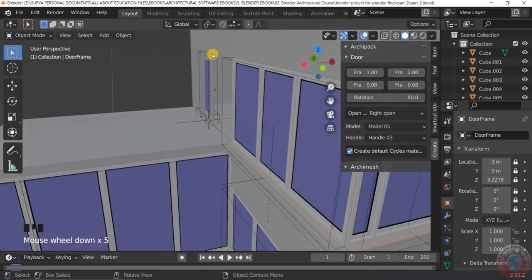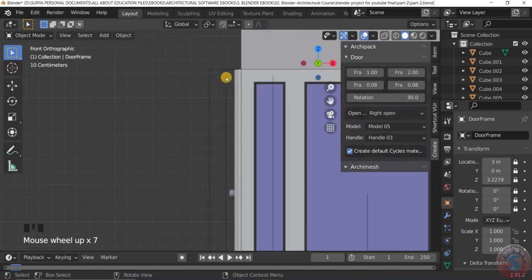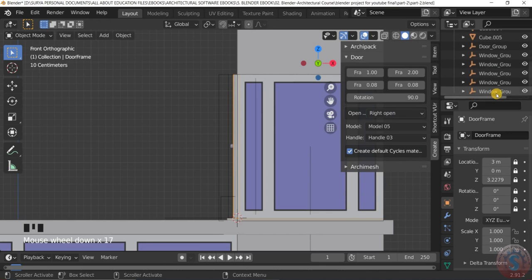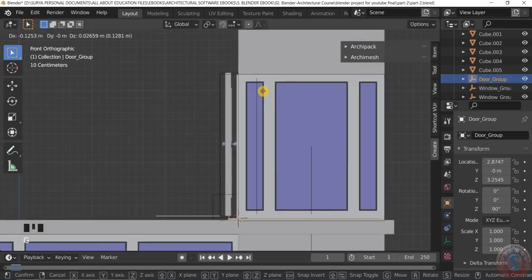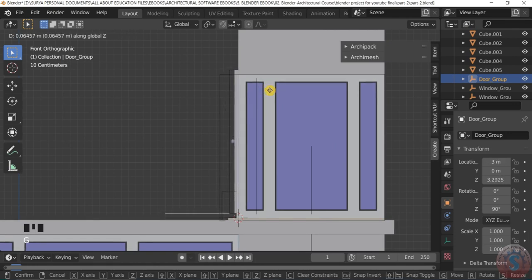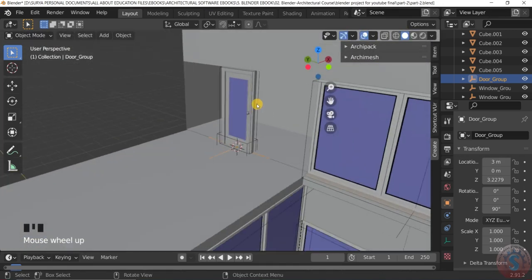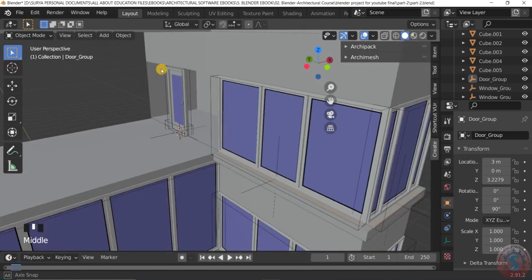Then also move inside by pressing the one key and select the door. Here you can select the door group, press G, then the X key, and you can observe the door is created.